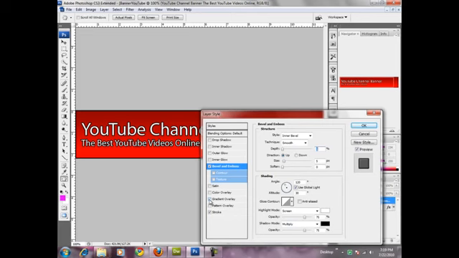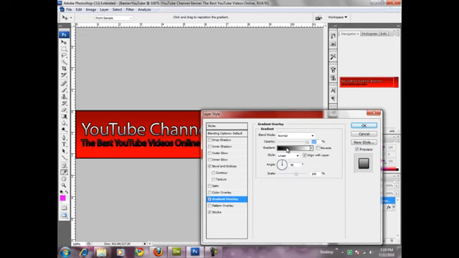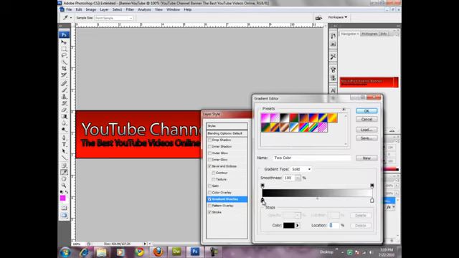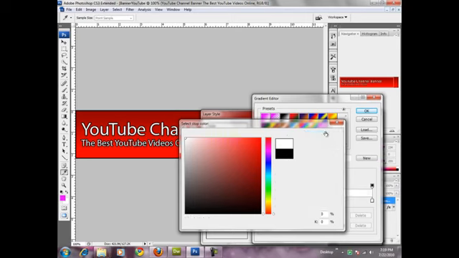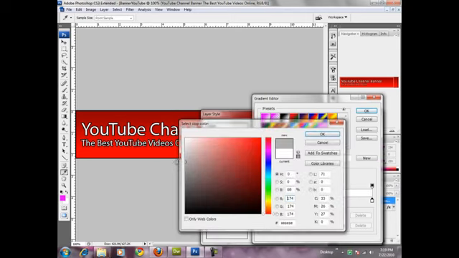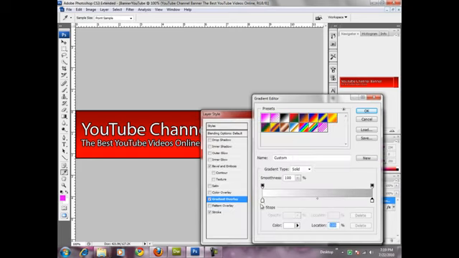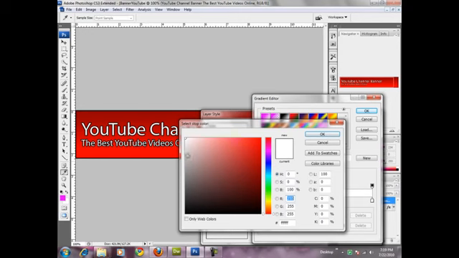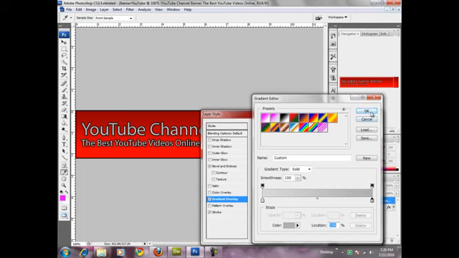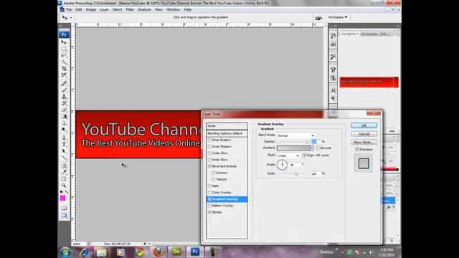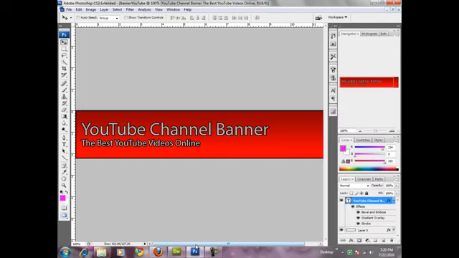And then also another optional feature, you can do a gradient on your lettering. So just do whatever colors you want. I mean, a white and gray looks nice. Pretty much any color you want will work. I mean, for the purpose of this, to show you what I would do, I'll go with a light gray and a slightly darker gray, so it's a grayish. Hit OK, and that should be good. There's really nothing else you need to mess with here, so hit OK, and you get your colored text,